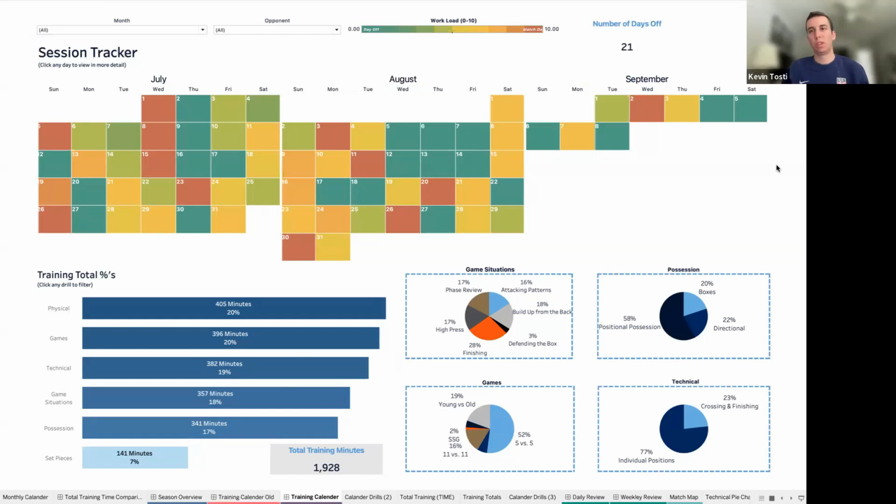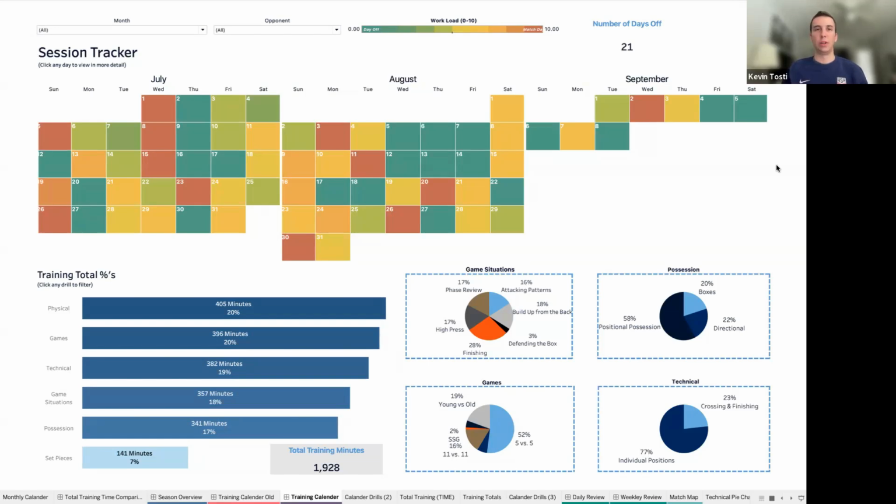Yeah, I'll just give an example here of a training session tracker, really, just looking at training over time. Basically the way that this is built out is that it was built for a dual purpose, and I think this is really important in Tableau.